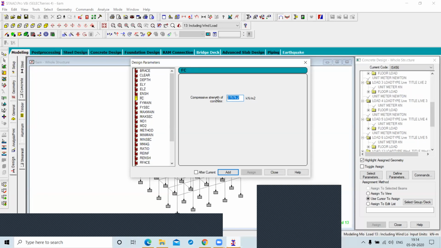What is FC? Compressive strength of concrete. Yes. What is the value you have to take?